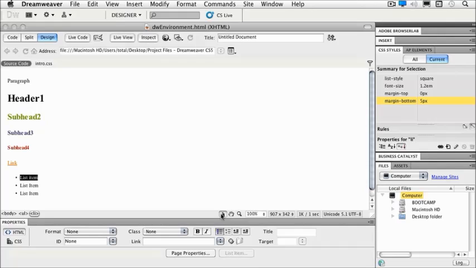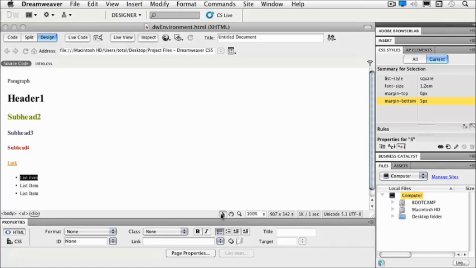So let's take a look at our Property Inspector next. Our Property Inspector has two buttons on it. I have an HTML button and a CSS button. Depending on what I have selected on my page, my Property Inspector changes to reflect the options for that particular element. At the moment, I happen to have some text on my page, so I see my formatting, I have an ID, I have a class, I can make a link if I need to, and just a few other